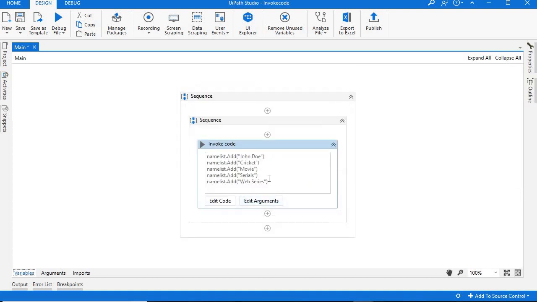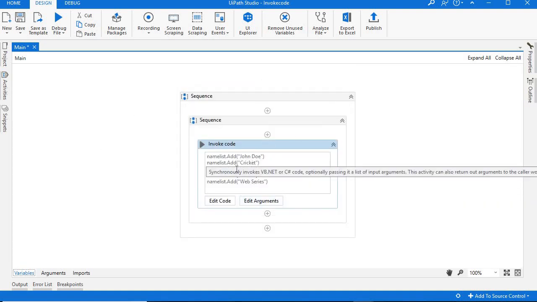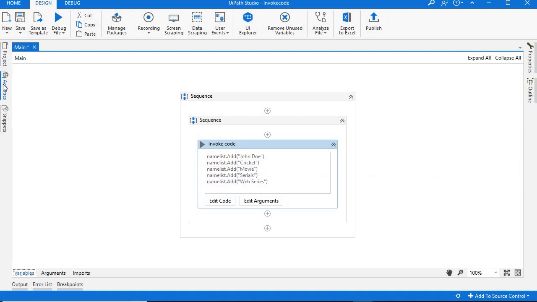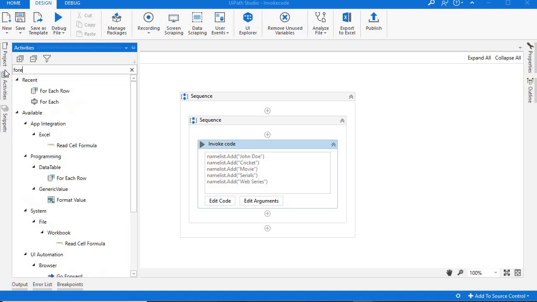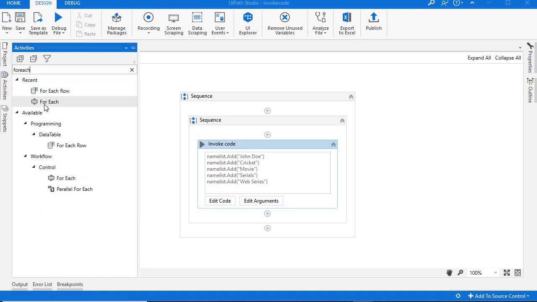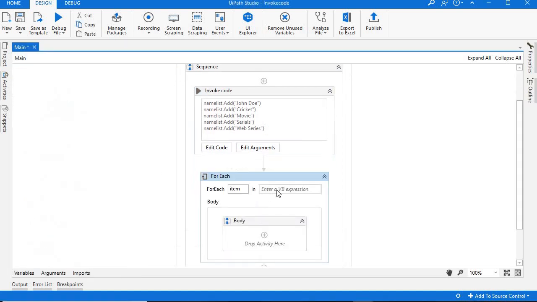Next I am going to show you this list of names I have added here with the help of a for each loop. Here my item is name of list.